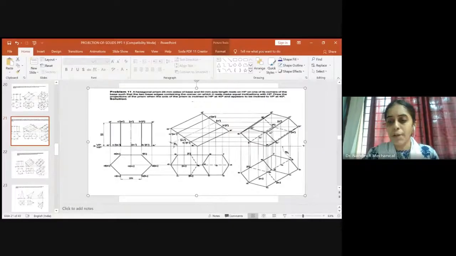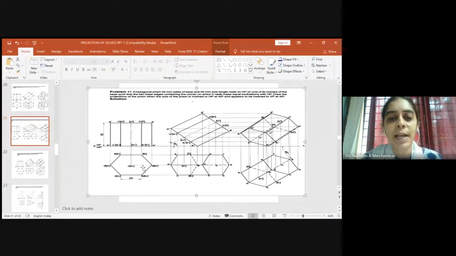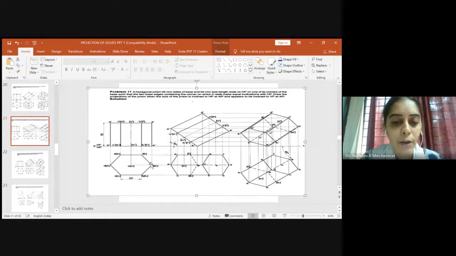Okay, so with respect to the initial position, now I will go on with the problem. So I explained how the position of the hexagonal prism looks like when it is resting on one of its corner. So as per the concept, we keep our corner towards our right. So when you have the corner towards your right, you'll be having the opposite corner which is lying towards your left. But you cannot start the hexagonal prism from the corner. So what you do is leave some space.